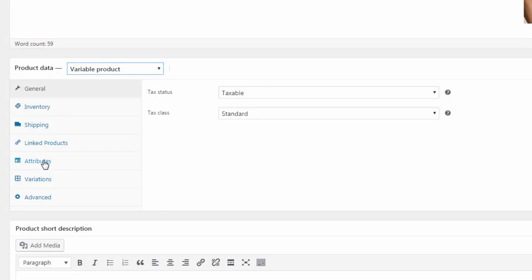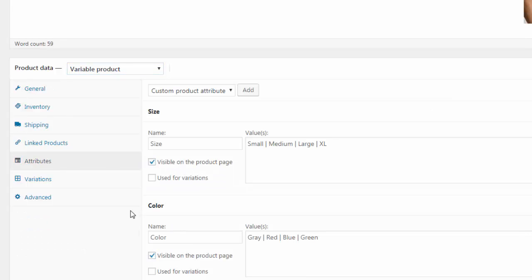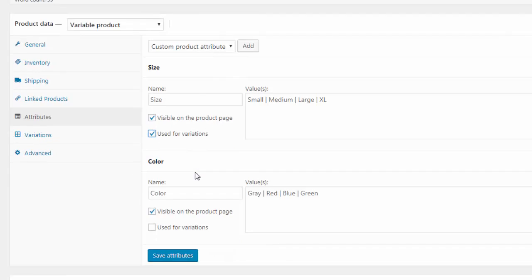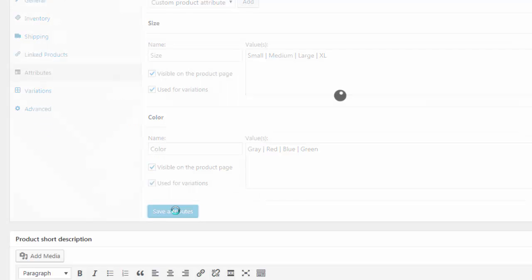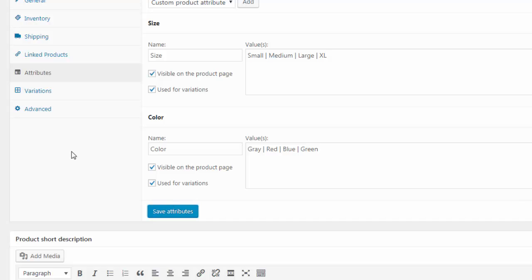And we've created the attributes. We've got our size and we've got our color. Now we want to create the variations. We need to check the little box underneath visible on product page and it says used for variations. And again with our color, used for variations. Save attributes. And let's go down to variations